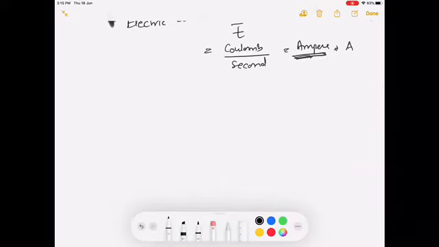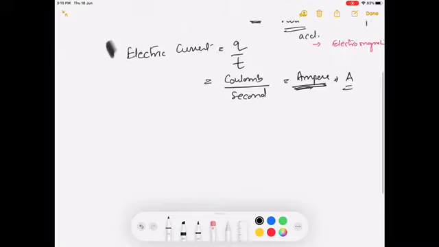Now class 12th, remember, in class 11th you have studied about fundamental units, about dimensional formulas. In that there were 7 fundamental units, and in them ampere was one of them. So ampere is a fundamental unit, coulomb is not a fundamental unit. So this is very important, that ampere is a fundamental unit. It is used in the dimensional formula. So this is just a recalling of your 11th class.